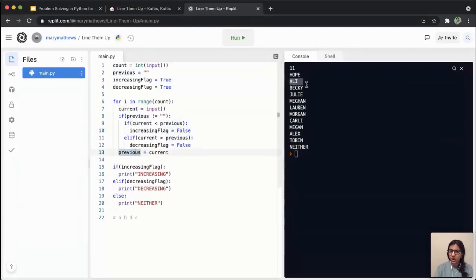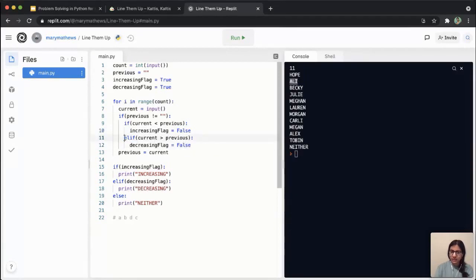Now I'll just show you with one more name. So it's going to come to i is equal to 2. It's going to say current is equal to Becky in this case. And is previous empty? No, because previous is the second name. Now is current less than previous? Is Becky less than this? It's not, it's greater than, right?